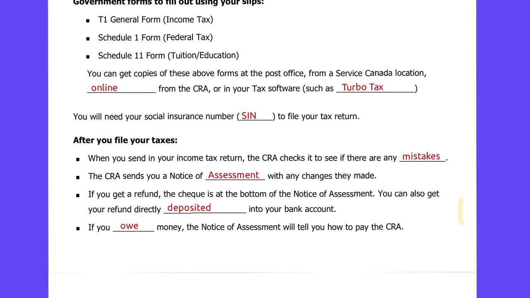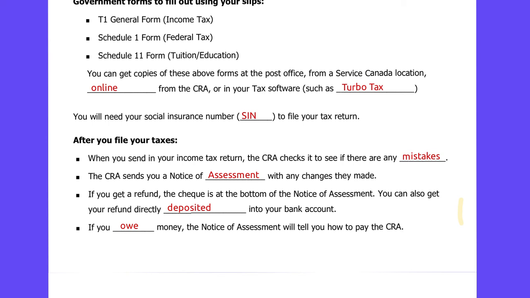Now, after you file your taxes, so you're going to send those off, the CRA will check it to see if there are any mistakes. Then they will send you a notice of assessment, which summarizes everything and also has any changes they made. So if there were mistakes and they had to fix a few things, it'll be on that for you.